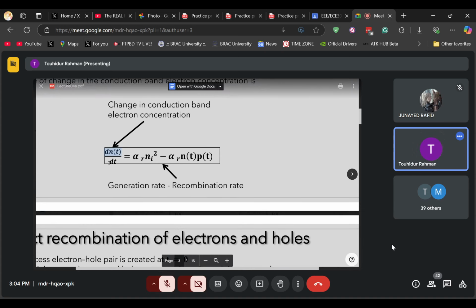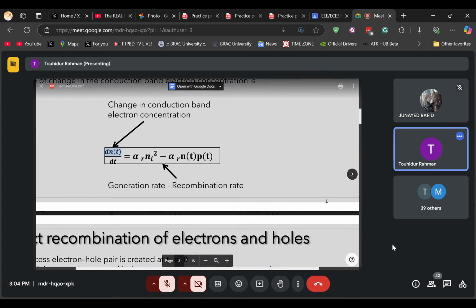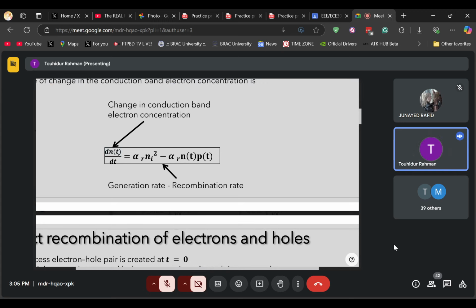And dn(t) divided by dt represents the change of carrier concentration over time. So the change of carrier concentration over time is equal to